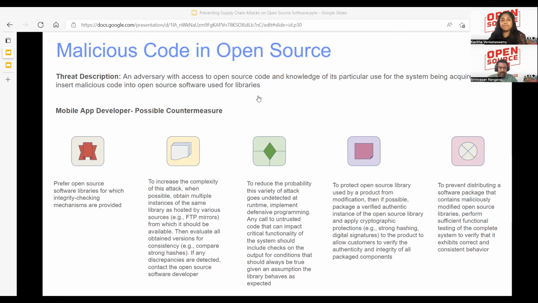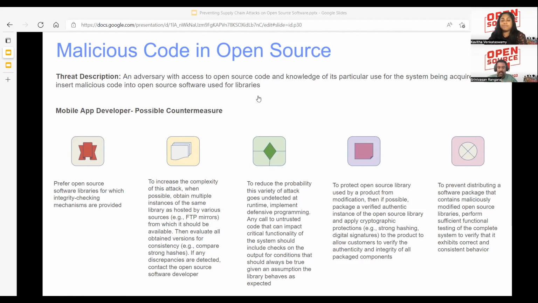So here what NIST recommends is that you have to check for integrity. Based on Kavitha's Dependency-Track, one of our asks was to make sure that we do an integrity check, like signatures or hashes, throughout the SDLC process. Check for multiple instances of the same library. Evaluate versions for consistency.